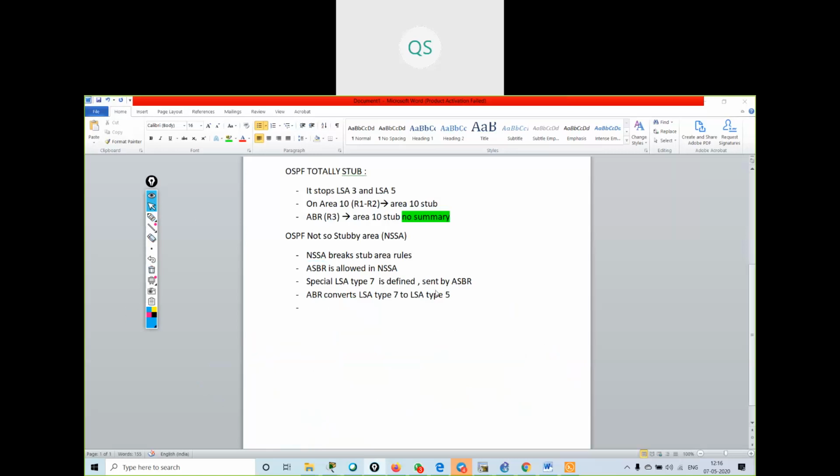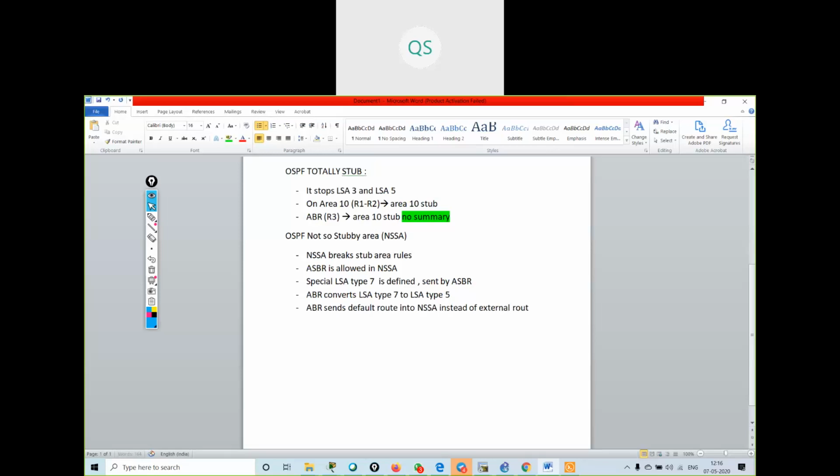Let me write some more points. ABR converts LSA type 7 to LSA type 5. Then I can say ABR sends default route information, default route into NSSA instead of external routes.